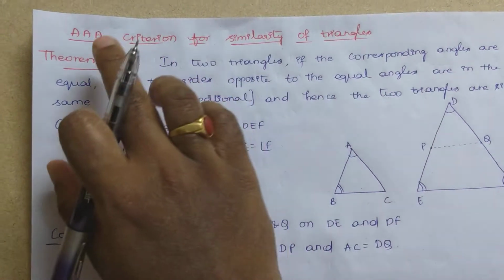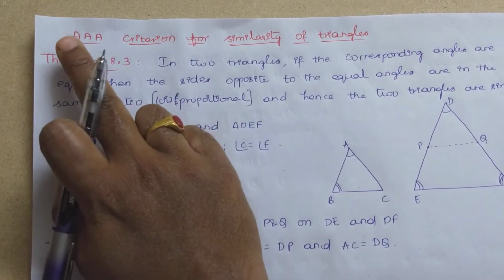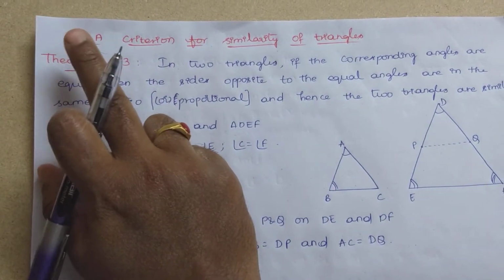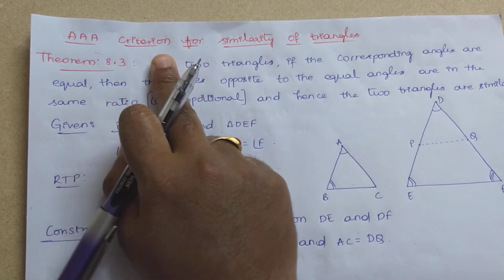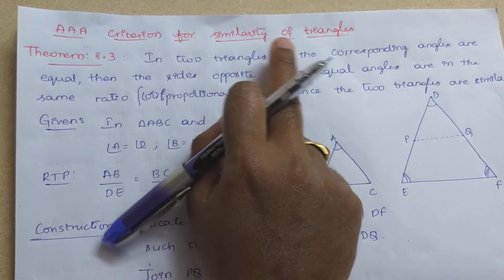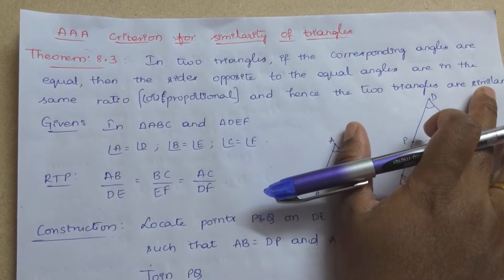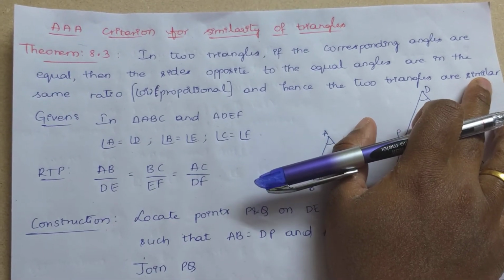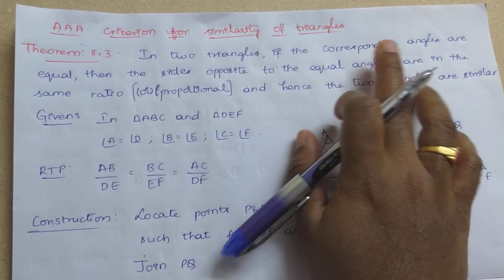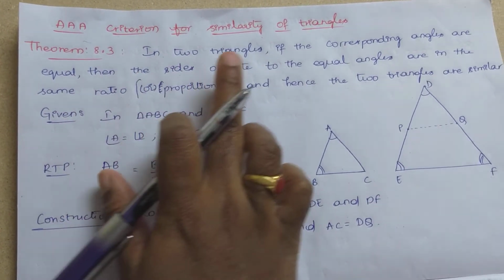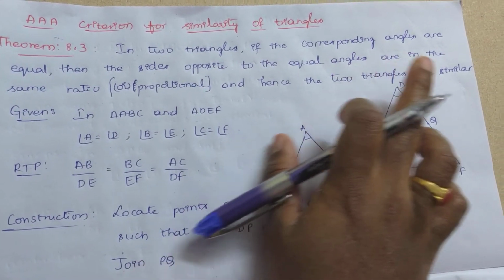Hello friends, let's discuss now the AAA criterion. Means what? Angle criterion for similarity of triangles. So this is theorem 8.3. Let's see the statement now. In two triangles, if the corresponding angles are equal, then the sides opposite to the equal angles are in the